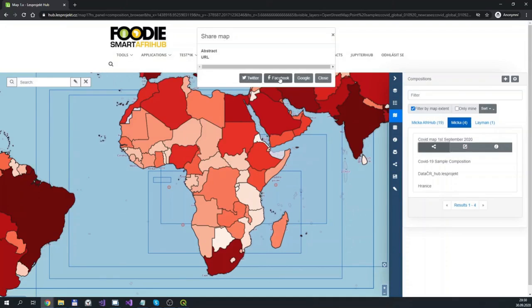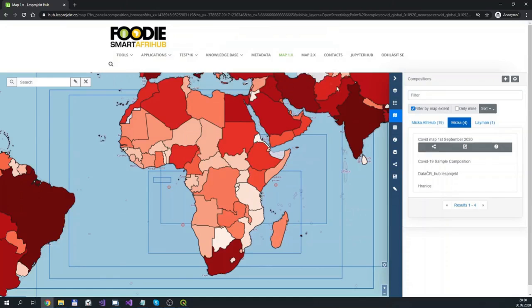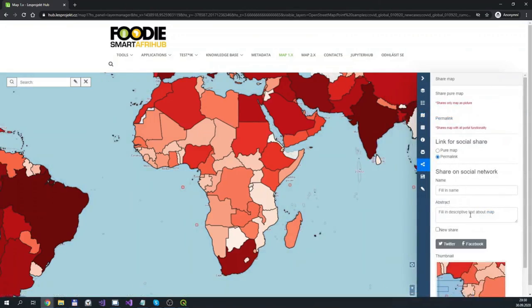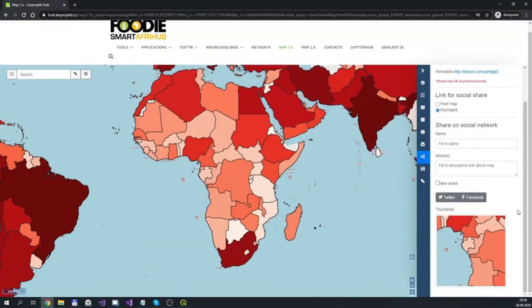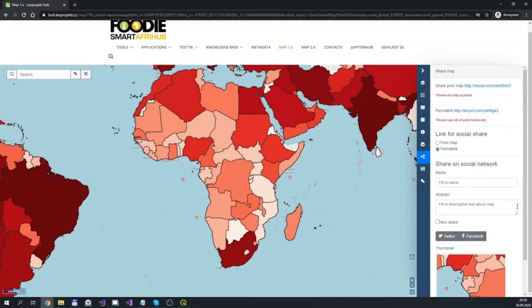Then you have the social networks to choose here, or there is a special separate tool for sharing here, which offers the same. Well, that was a short summary of the data management tools available in HSLayers. And let's move to the rest of the presentation.